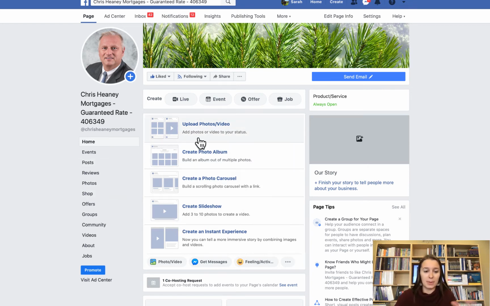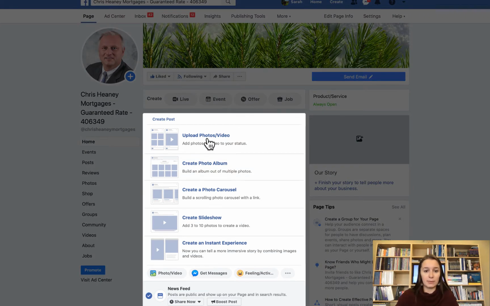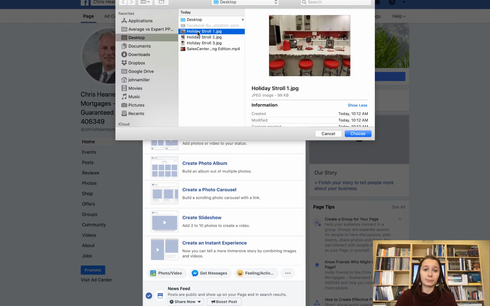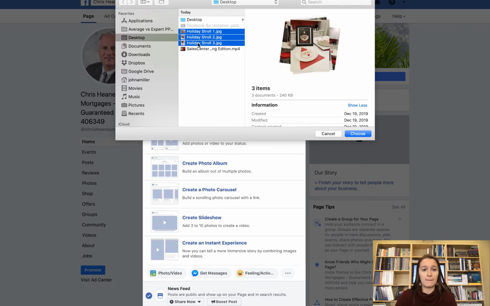This has popped up because I already started working on this, but you would click photo video and then upload photos or video. And it's going to take you to your files, and from there you're going to choose what you want to upload. So the first thing that I'm going to show you is how to upload photos. So we're going to do 3 photos here, and this was from an event that we had at our office called the Holiday Stroll. And what that was